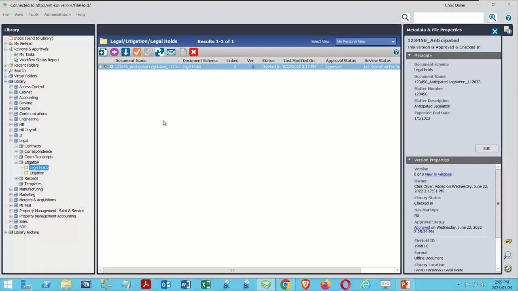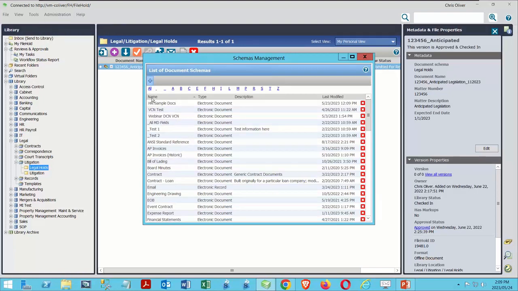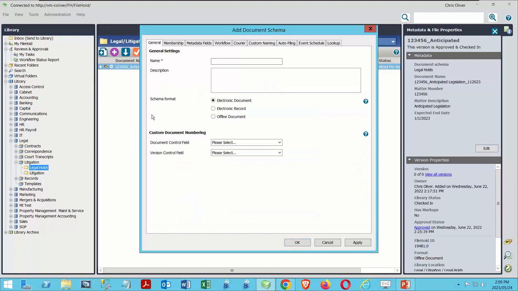Now, we can create an offline document schema just like any other schema. So up under Administration, Library Configuration, Document Schemas, and then from here, plus sign. And this is where we determine what kind of document it is right here, where we say it's going to be an offline document. So in this case, we're going to call this one, let's just call this webinar. So we've got our webinar session over here. So let's say this is a webinar,